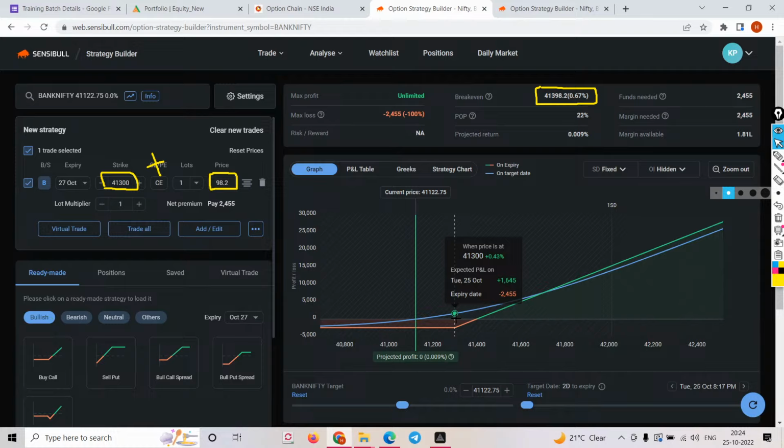This is very important, friend. You have to know the break even. Majority of the buyers think that when I go for option buying, I'll get my profit only when the market goes to 41,400, which is my break even. That is applicable for your expiry, but not for the next day. Check the blue line. Your blue line will give you the difference. Whenever your blue line breaches this vertical zero line, you will get into profit.